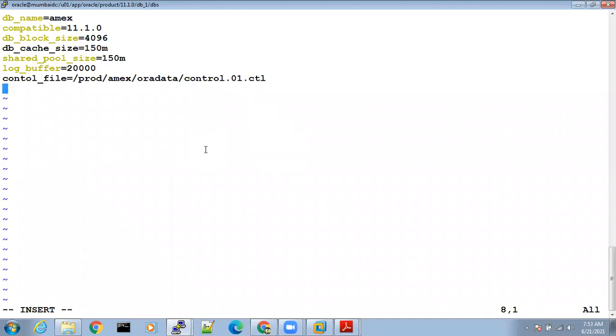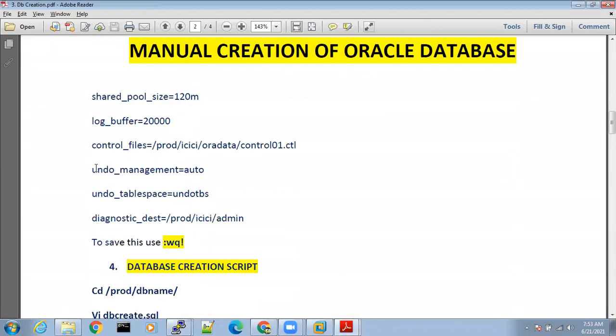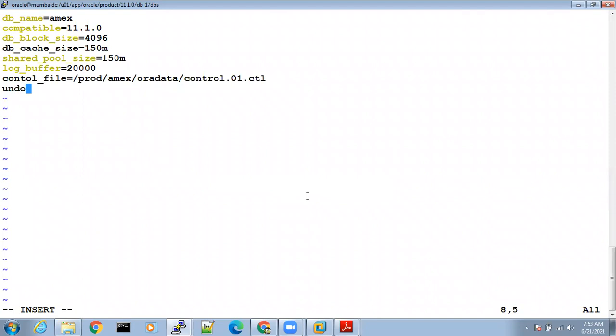Next, what are the remaining parameters? Undo management and undo tablespace. Undo_management, again a spelling mistake; wantedly I'm doing a spelling mistake, please remember that. Undo_management is equal to auto.